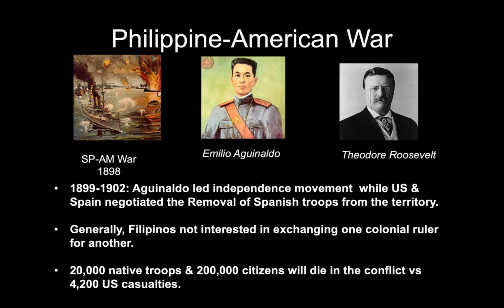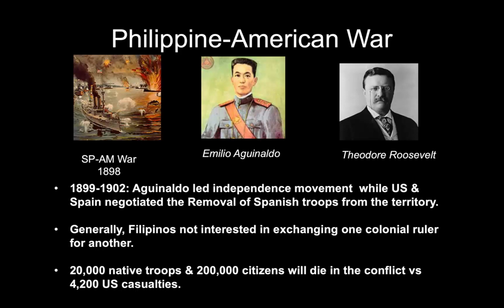Okay, so in 1899 to 1902, I'm just going to read through the slide. There is this fellow called Emilio Aguinaldo, who leads an independence movement, and meanwhile the United States and Spain are basically negotiating the Spanish removal of their troops from the region. Now the United States is going to have to get involved because Aguinaldo was basically helping to free the Philippines and then was going to get rid of the Spanish for the Filipino people, and then the United States would just kind of hang out but not do anything much, that the US would just trade. And instead, of course, the United States was going to basically colonize the Philippines.